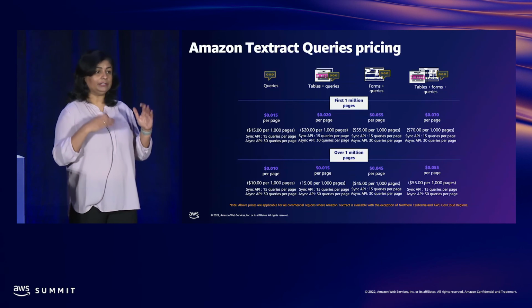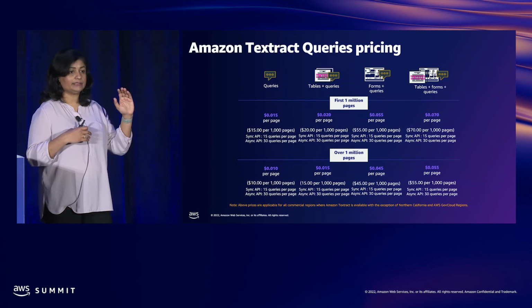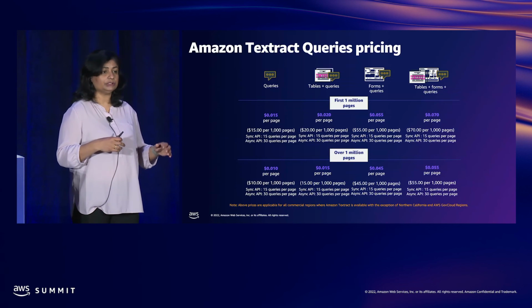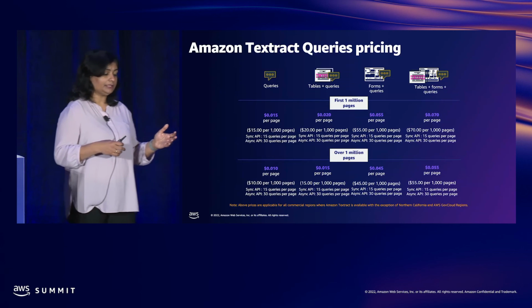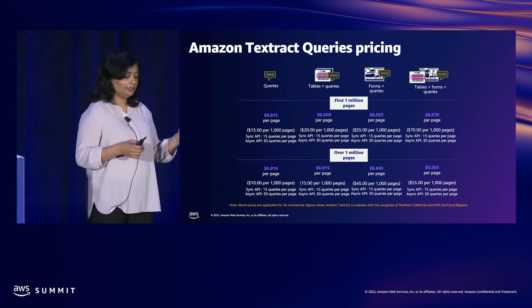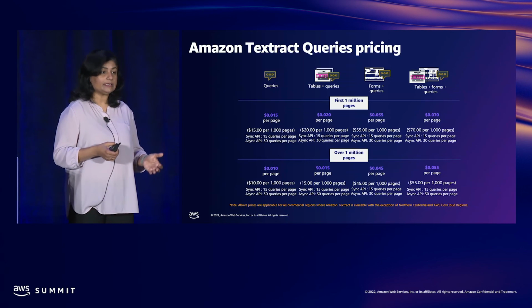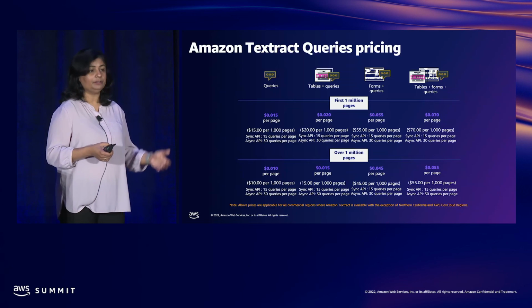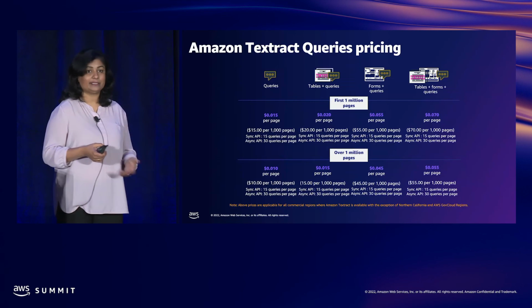And we have tiered it similar to analyzed doc features, forms and tables. So there is a tier for the first 1 million pages, and then there is tier 2, which is for anything above 1 million pages. And the way we have structured is that it is going to cost you $15 per 1,000 pages. And if you use our sync APIs, you can send up to 15 queries per page. And if you decide to use our async API, which is our batch processing, you can send up to 30